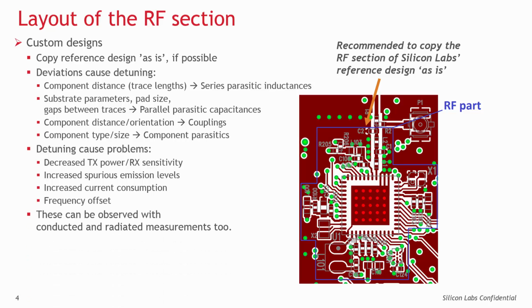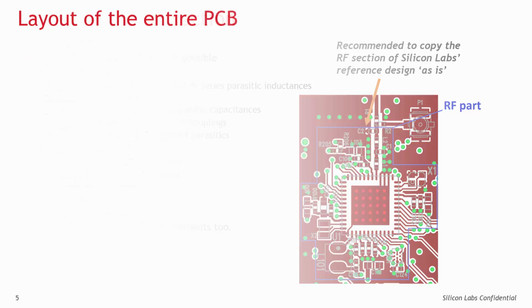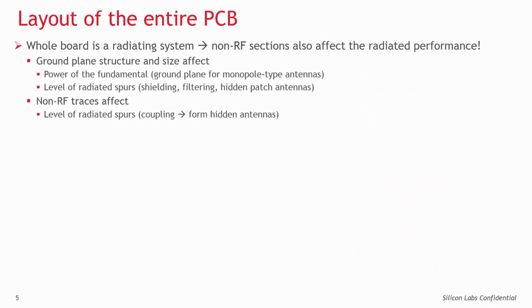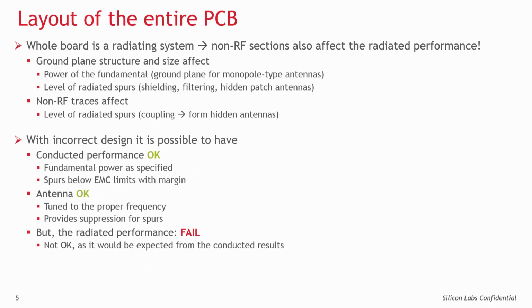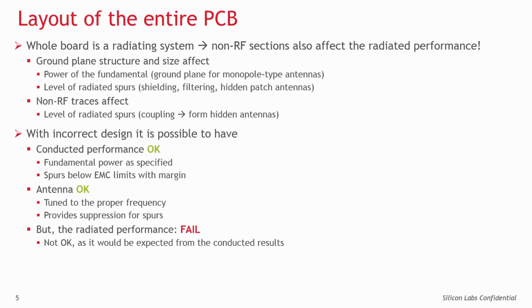All these mentioned effects can be offset both with conducted and radiated measurements. From the RF radiation point of view, the whole PCB should be considered as a system. So not only the design of the RF area, but in most cases the layout of the entire PCB can affect the radiated performance. Practically, in case of an incorrect RF module layout design, the radiated spectrum can have lower